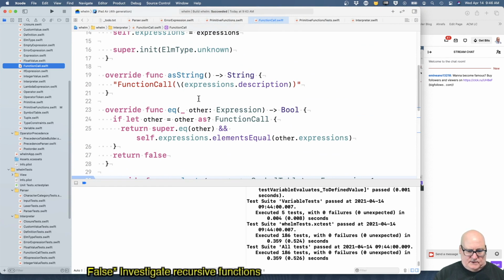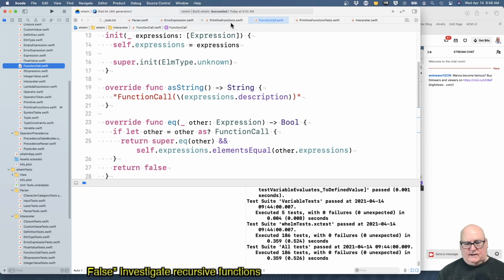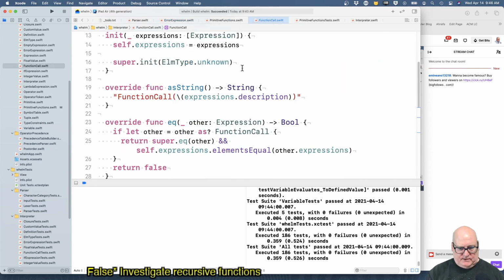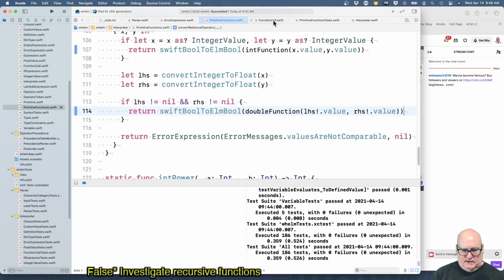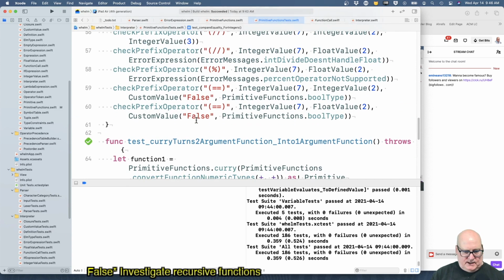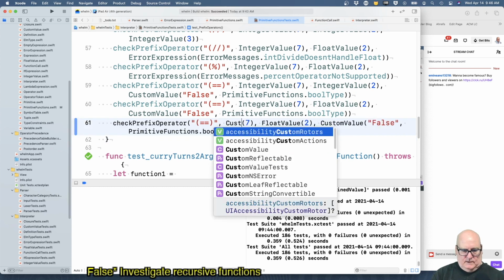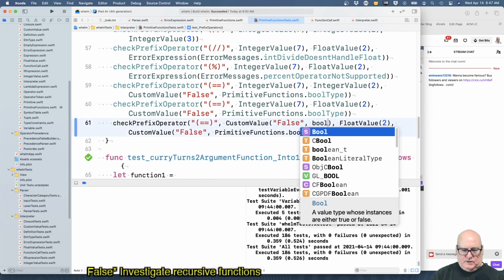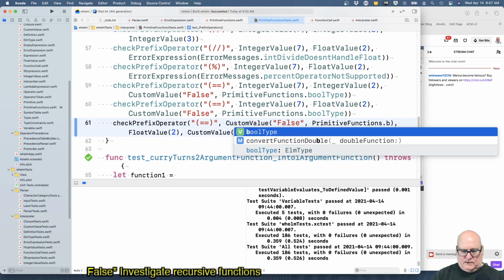The elements are equal. Yeah, that's not really going to help us. But we do know custom values work. Okay, so let's check custom value false bool type, primitive functions dot bool type,